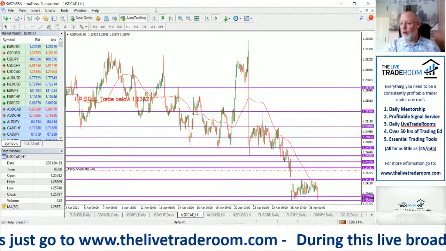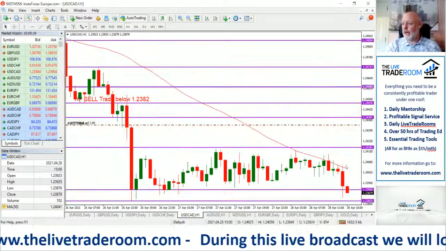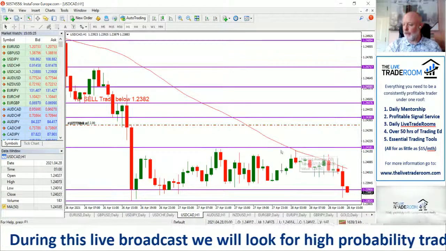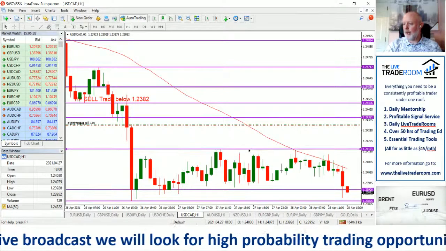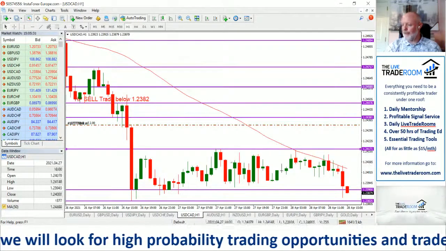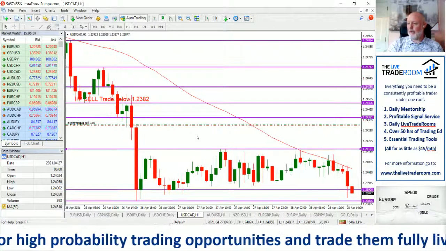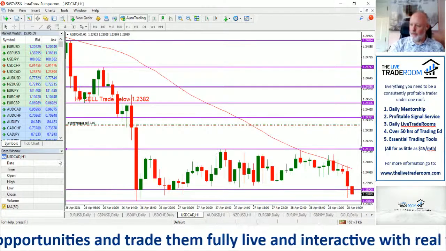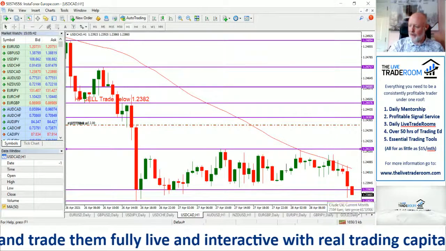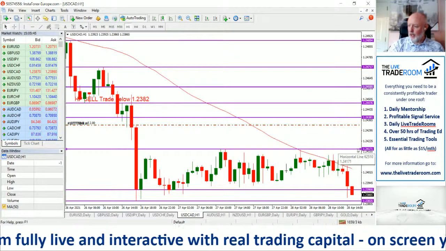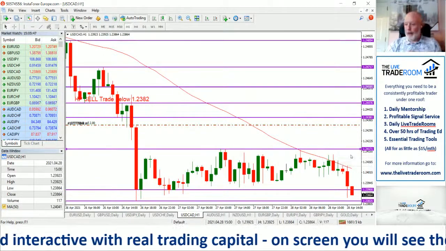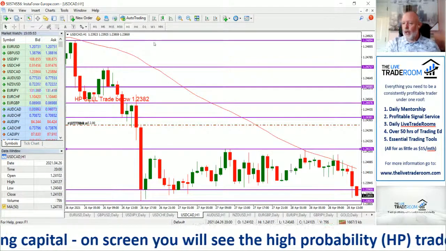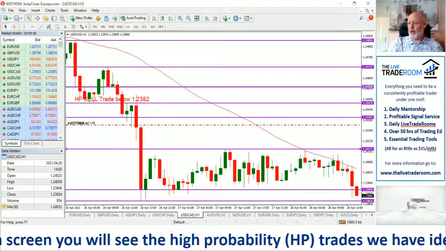There's the 123.82, just at that little low. So we're very close to that level as we speak. We're already in this trade to the downside. So if we break out to the downside, we'll be definitely looking to start booking in profit on this trade, so we can use the 24.17 as a level which would be only exposing capital unnecessarily if prices did reverse. If we break to the downside and we close below that level, if it started to reverse and push higher, then we'd only be exposing that much capital unnecessarily, so no real point in doing that. So the dollar CAD to the downside, we'll keep a close eye on that.